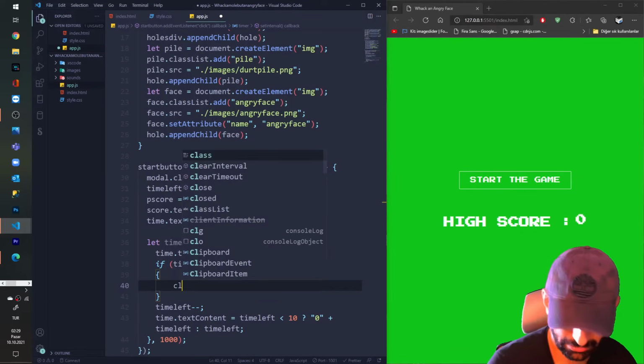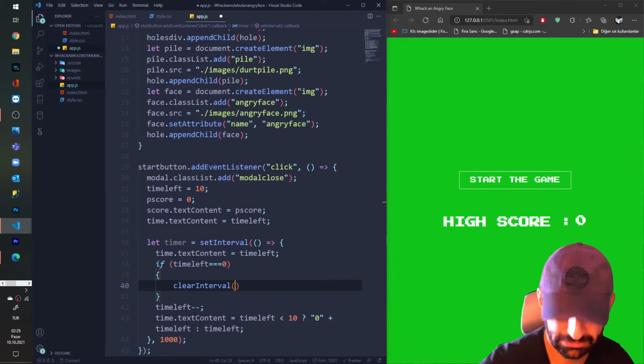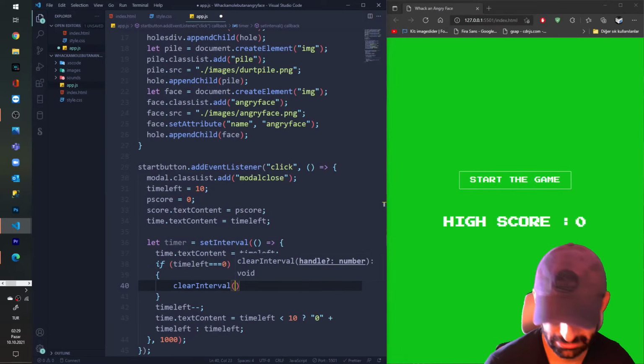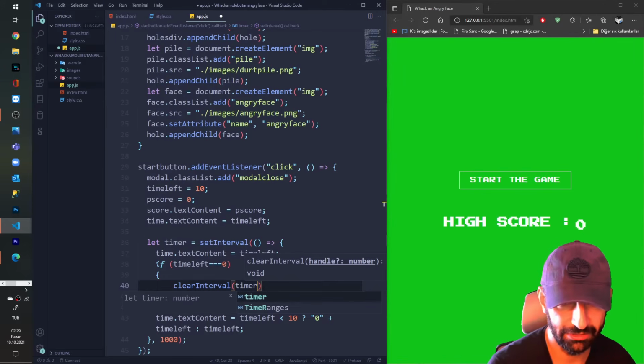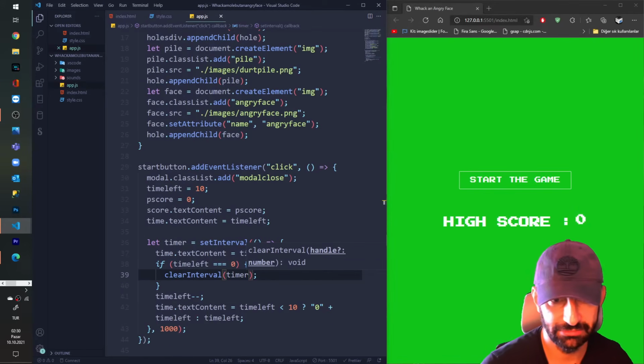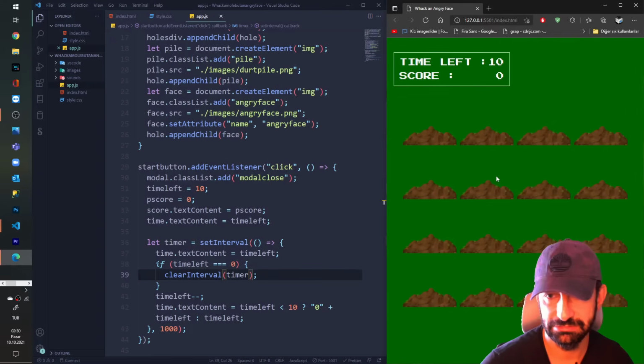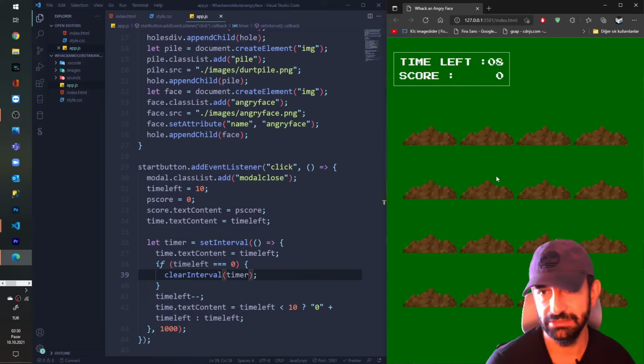I see clear interval, and as I said, it wants a variable. I say timer. Okay, stop the timer. Let's check if it's working.